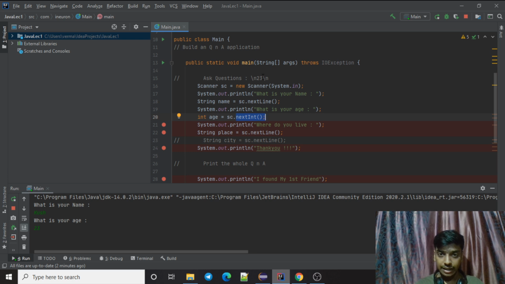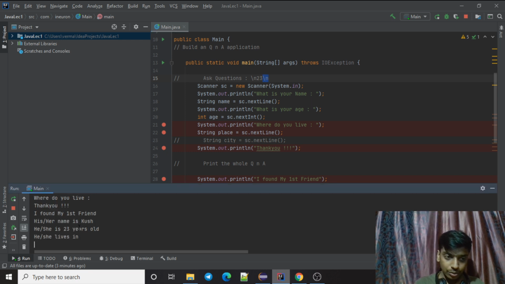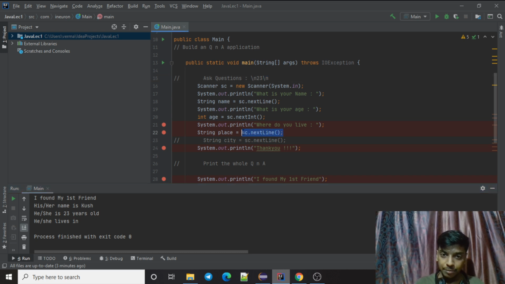So this read 23, which is assigned to age, but it does not advance my cursor to here. So in my Scanner, or in my input stream, it already has this empty string. For now, it considers this as an empty string.